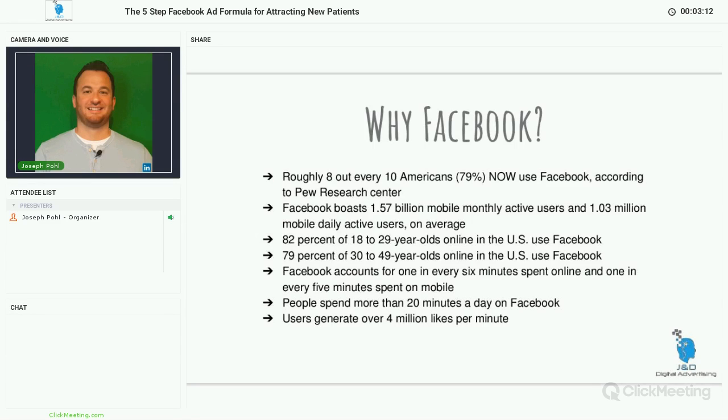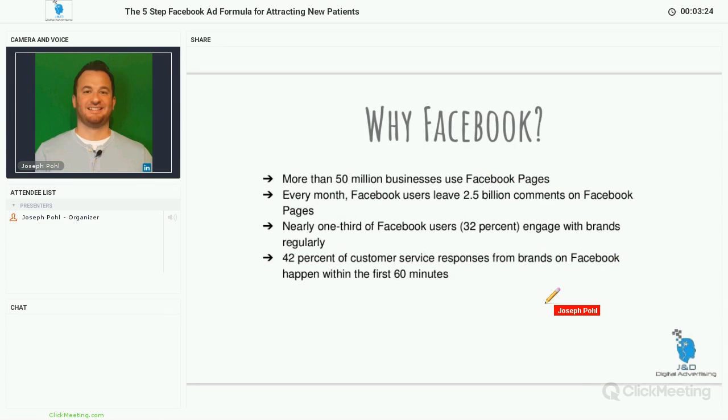People spend more than 20 minutes a day on Facebook, going through their feed, checking out videos, posts, liking things, sharing, and users generate over 4 million likes per minute. Now, I want to incorporate these numbers as well. This is for businesses in general. Why Facebook? More than 50 million businesses use Facebook pages. Every month, Facebook users leave about 2.5 billion comments on Facebook pages, meaning that